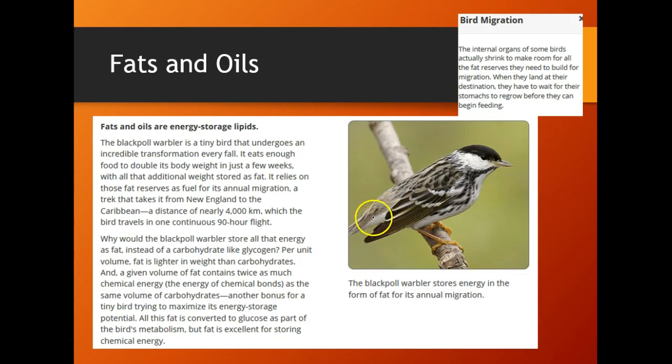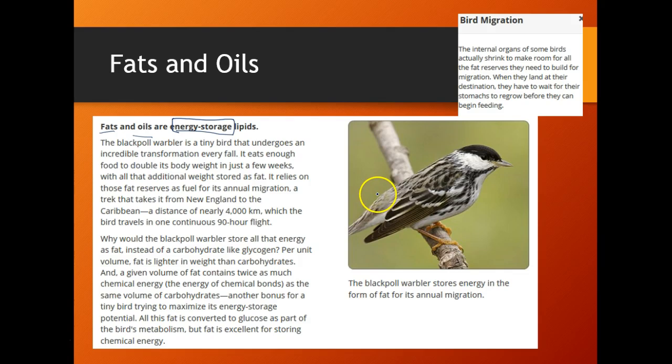Okay, so some examples of lipids are fats and oils. And the thing that fats and oils have in common is that they are energy storage lipids. So we can store energy in the form of lipids with fats and oils. Okay, so this is a tiny bird right here that